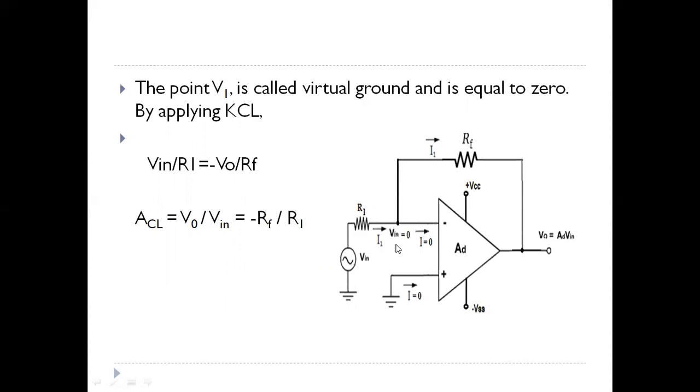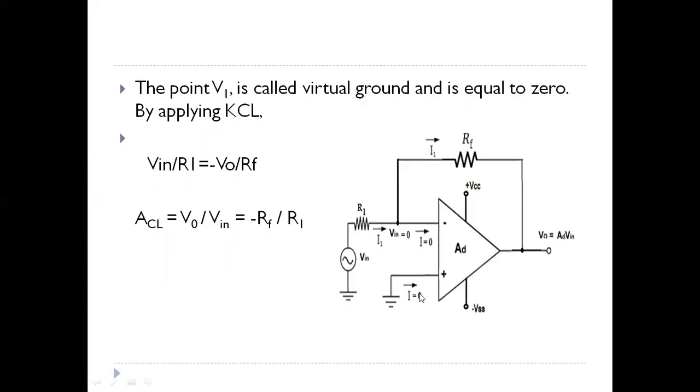Vin is the input which we apply to the inverting input terminal, and the non-inverting terminal is grounded. According to the virtual ground concept, if the voltage at this point is 0, the voltage at this point is also 0. Because Vd is 0, V1 is equal to V2, so these two voltages are equal. The terminal is connected to ground, so the voltage at this point is 0. That means the voltage at this point is also 0, that is Vn is equal to 0.